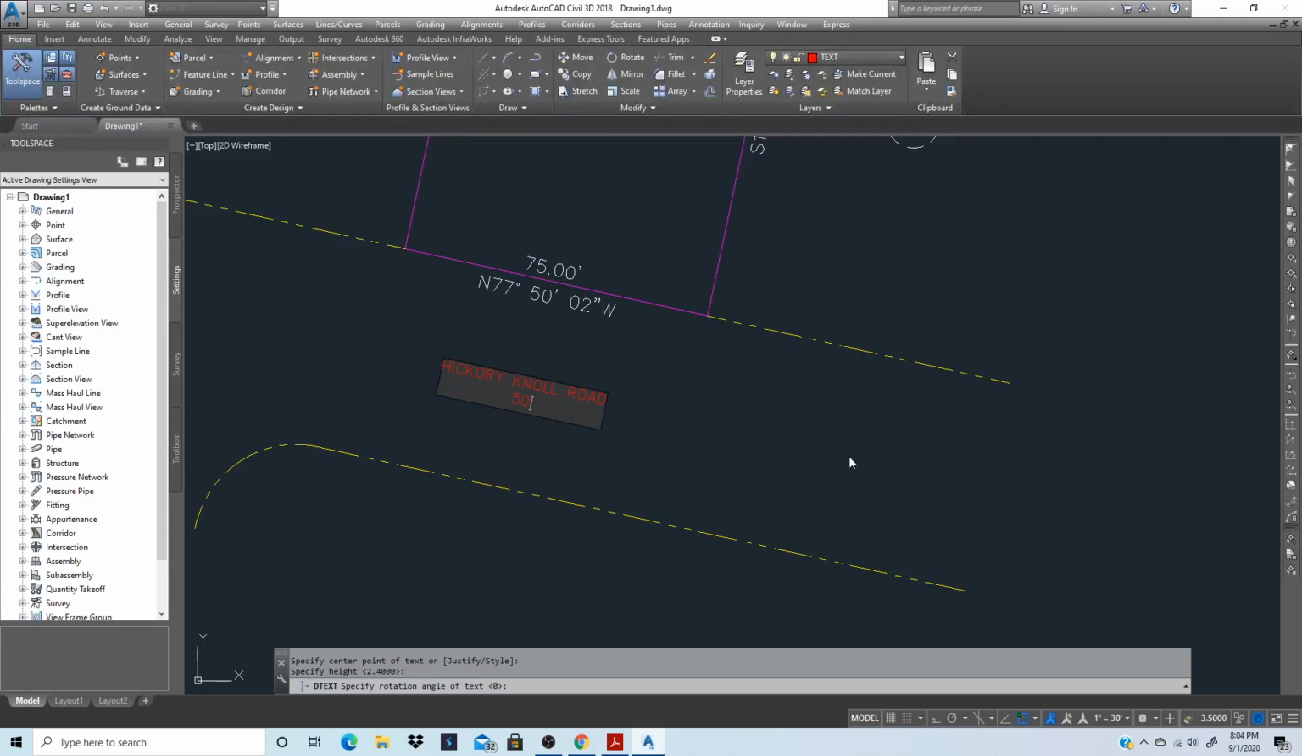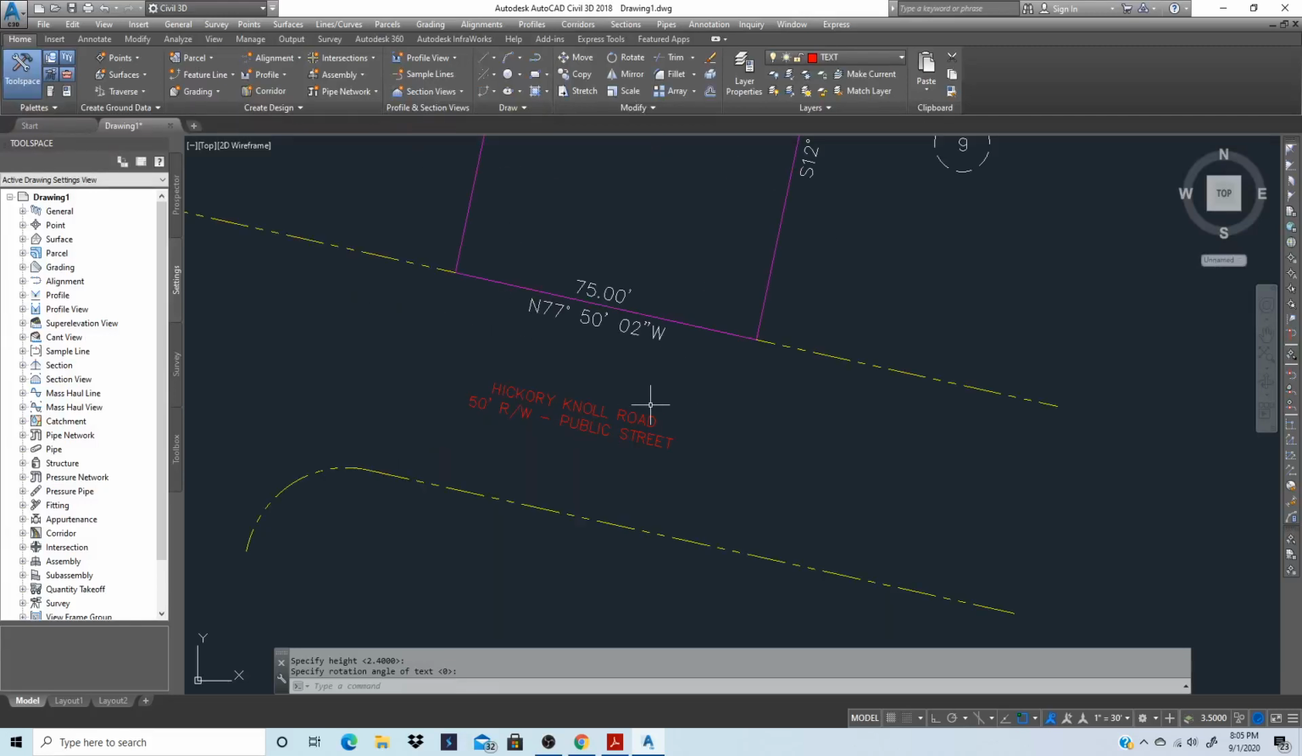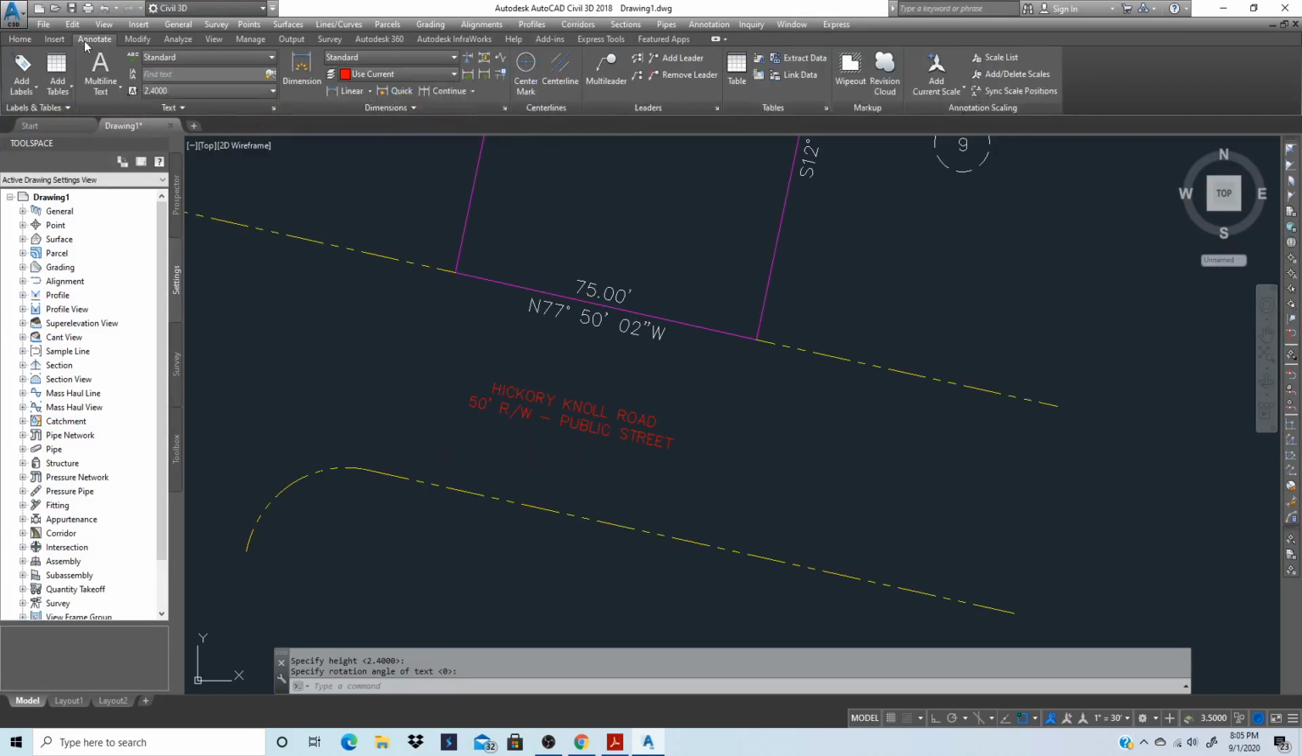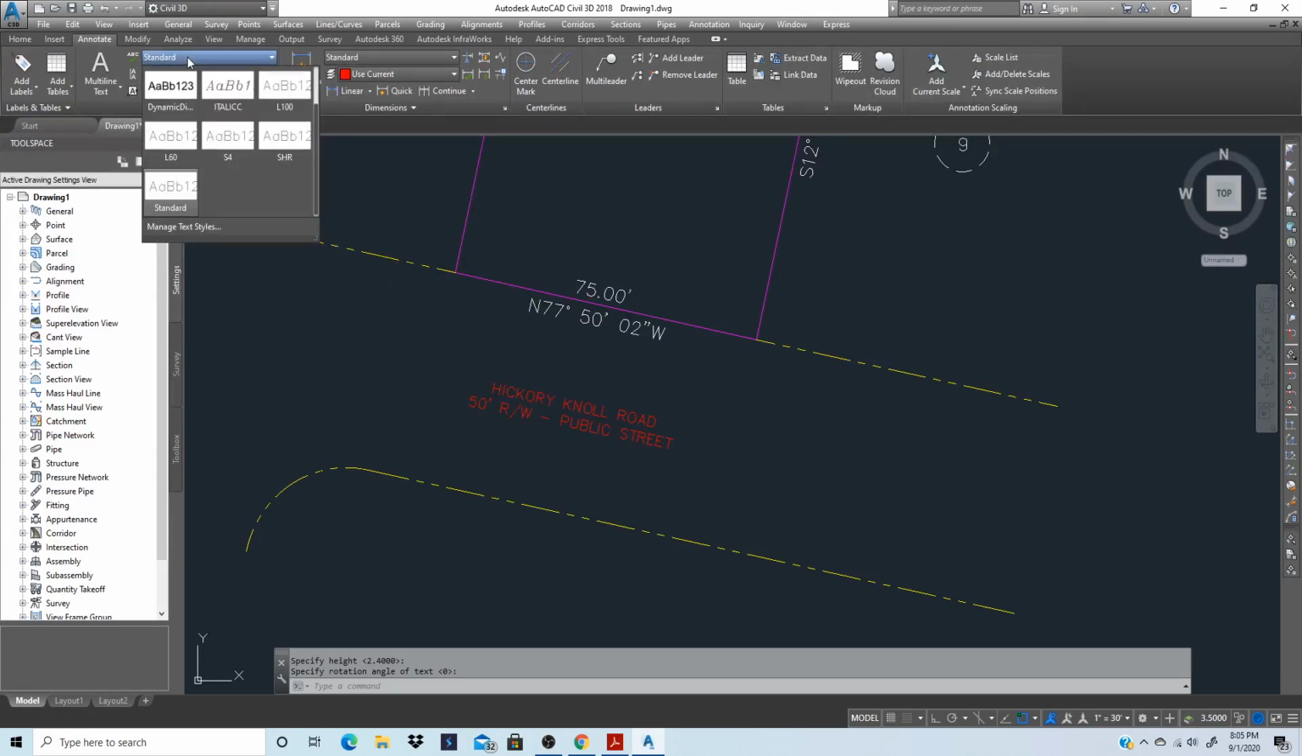It's 50 foot. They've got R/W. And then they have public street. I'm going to hit enter. Alright, so that just is my text name. Typically, I will make this italic. So I can go up here, and so I'm actually in